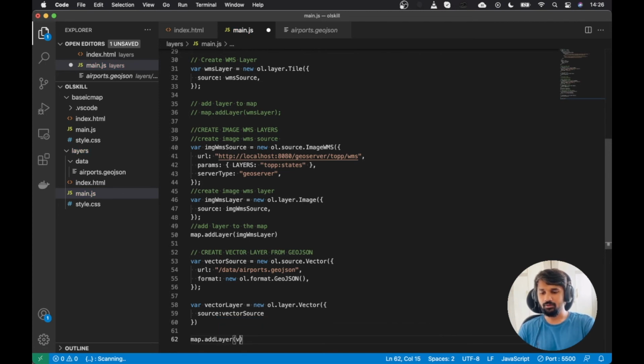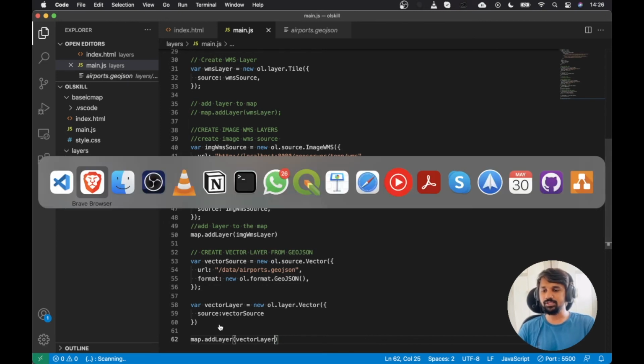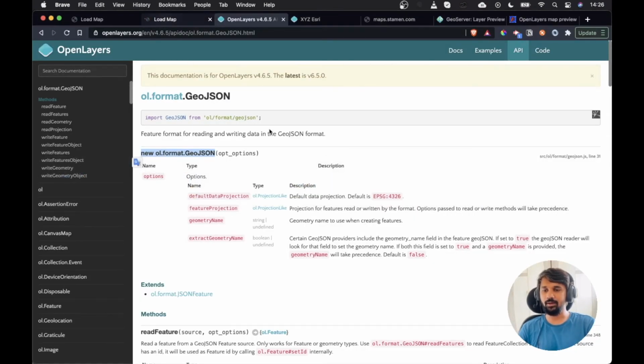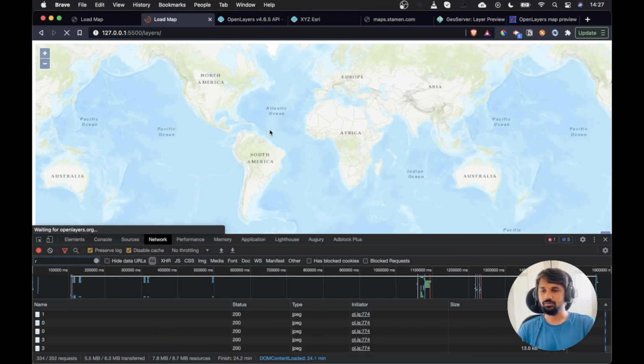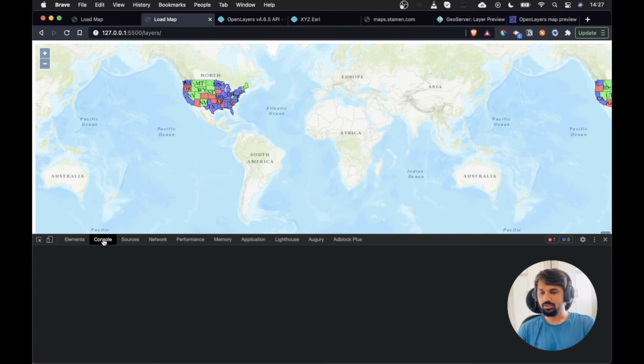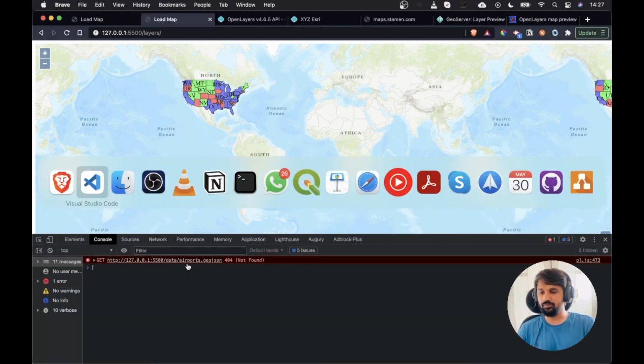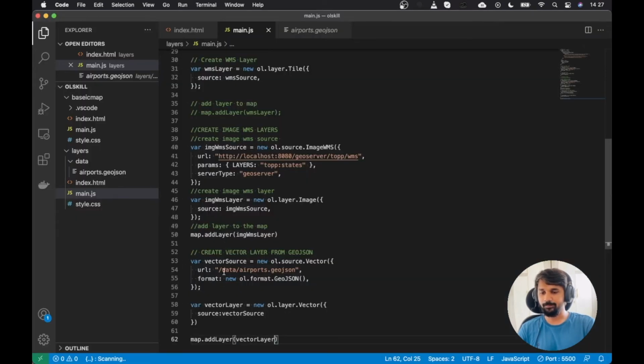map.addLayer, vectorLayer, and then let's just see how it behaves in the application. Something went wrong and we were not able to find the data.